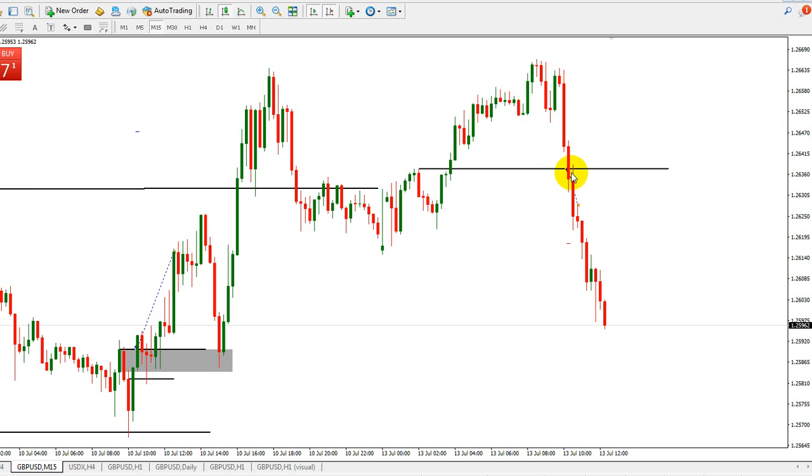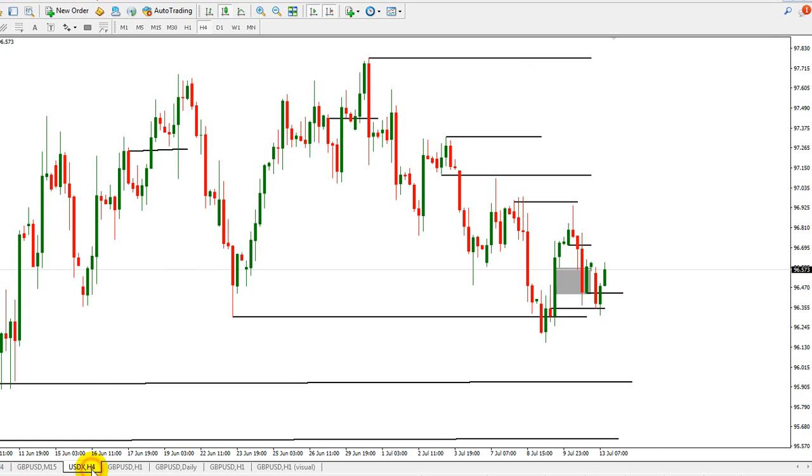Okay, so cable kept dropping, closed below the 50% on the close of this 15-minute candle here. It then opened, rallied back up. I exited my position for -1%, and then it just kept dropping. So we have sort of run up, retested these highs, just poked through them, and then just rolled over on the day for that. US index is proving to be quite strong,